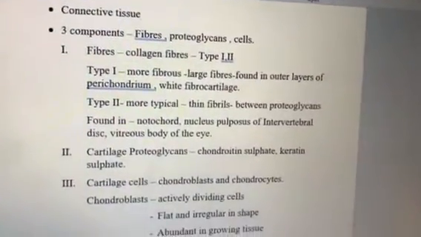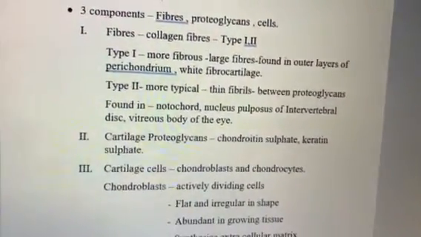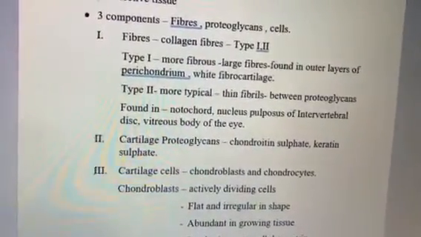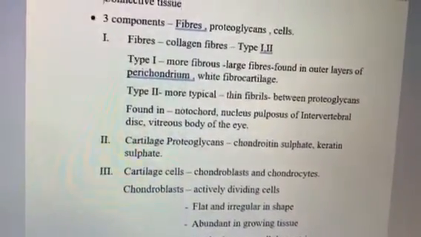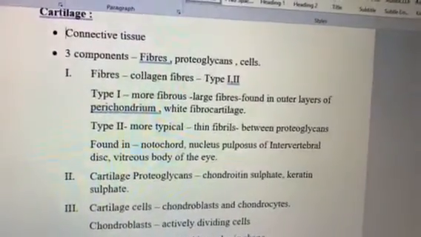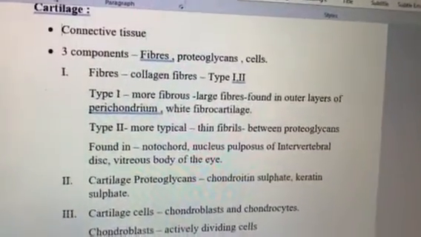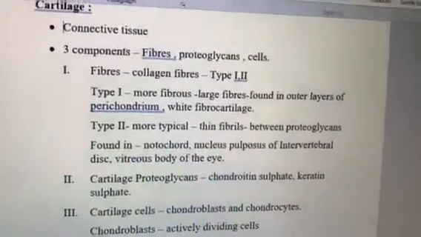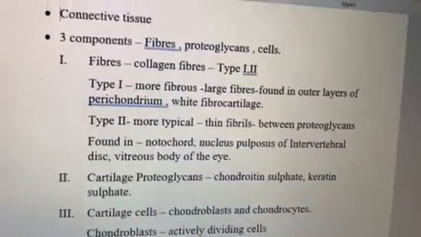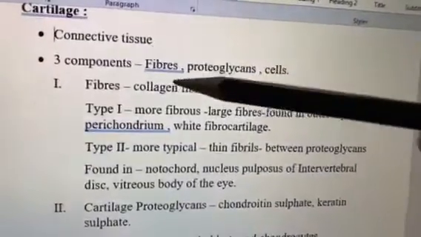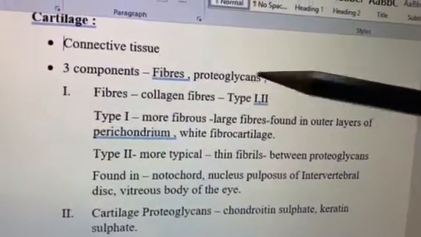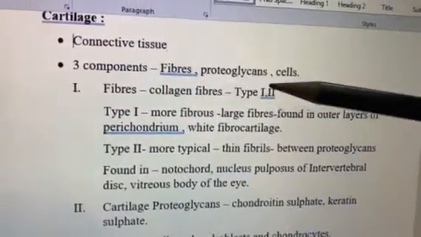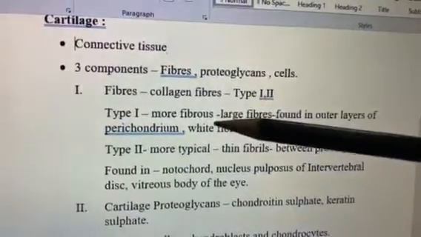For building a house, you need cement, you need stone, bricks, and you need rod. Okay, cement, stone, rod. I mean stone or brick, whatever it is, and rod. The same components, only we want to build a cell or tissue, that is, for example, cartilage. For that we need, number one, fibers, which are the rod, and then proteoglycans, so there is the cement, and cells,